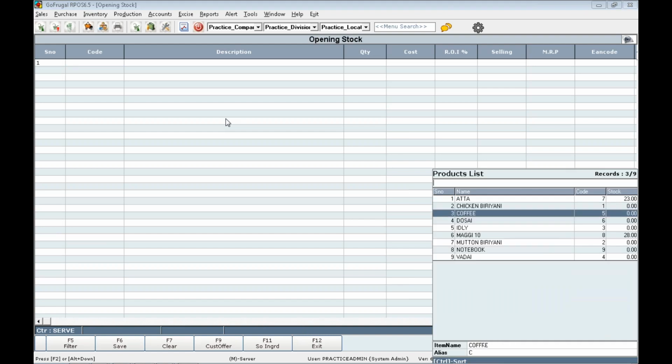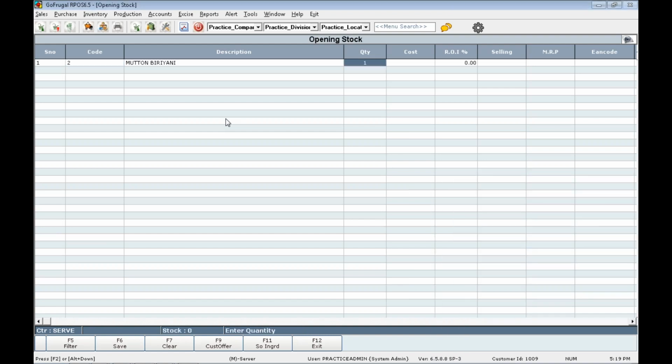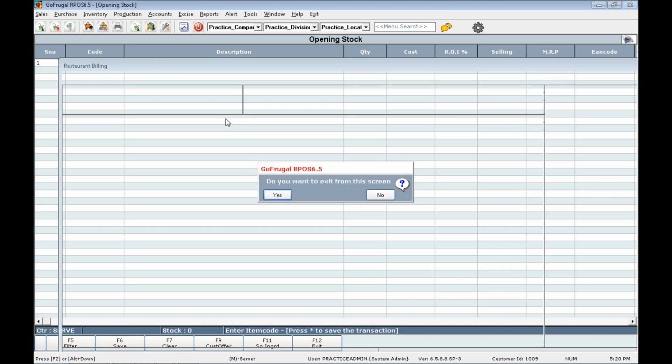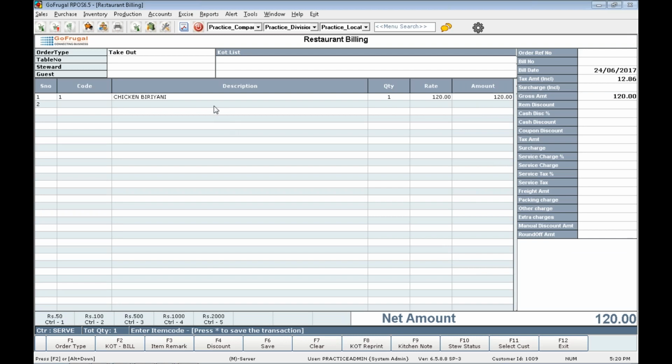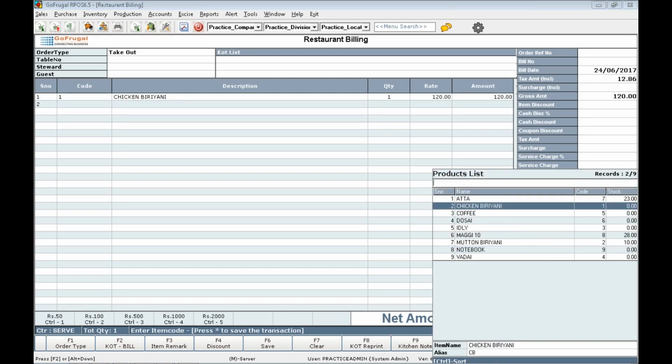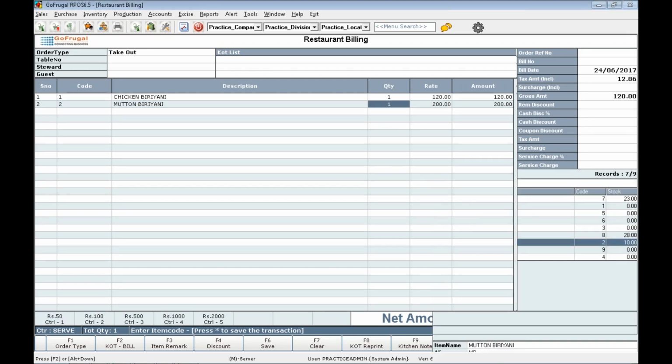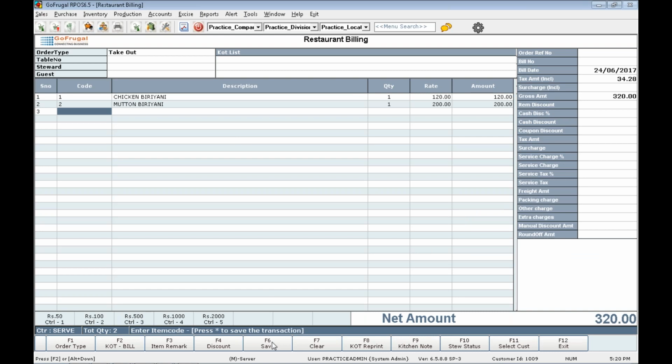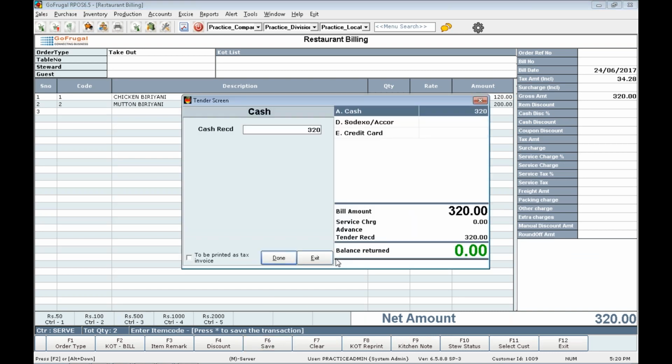Let us put on stock for the mutton biryani because the stock is not available for that. Now I am saving the bill, and let me check how the tax split up is calculated for this bill.